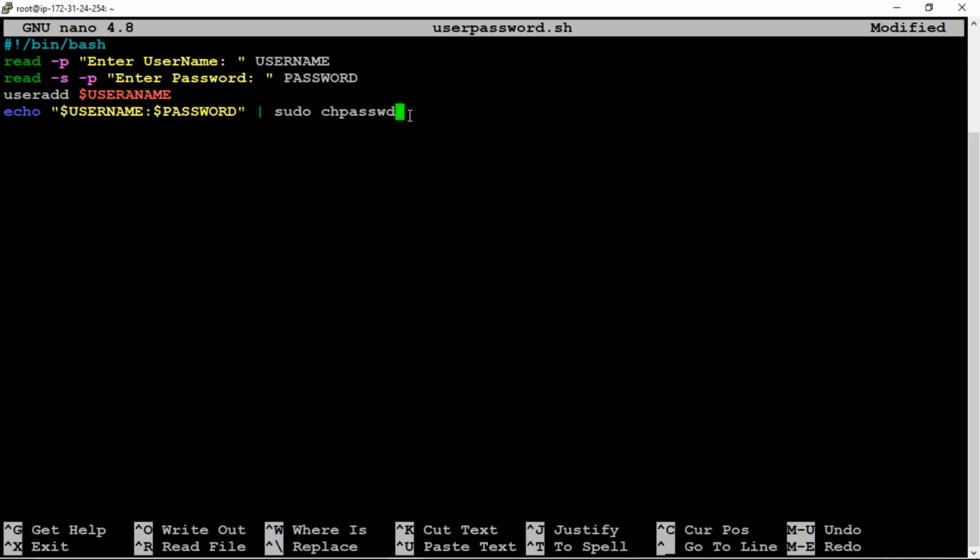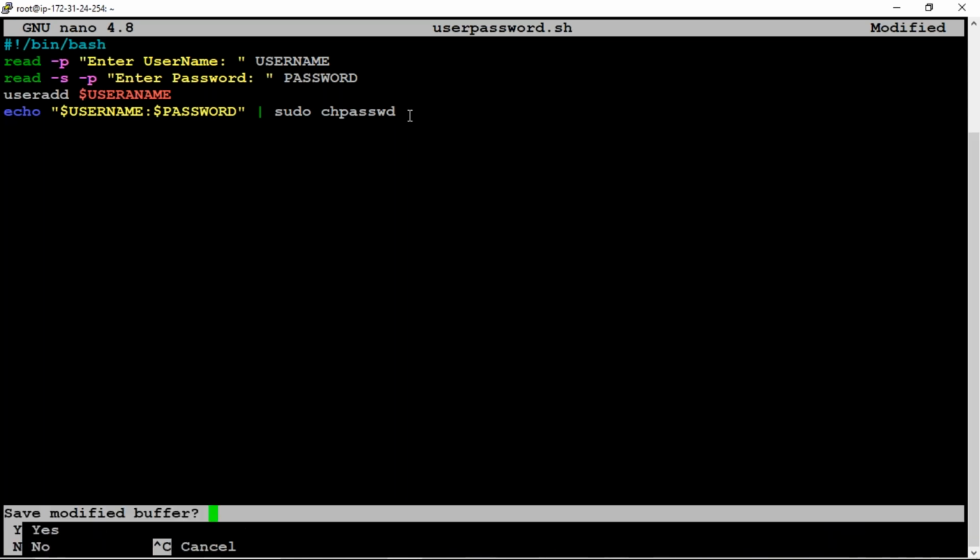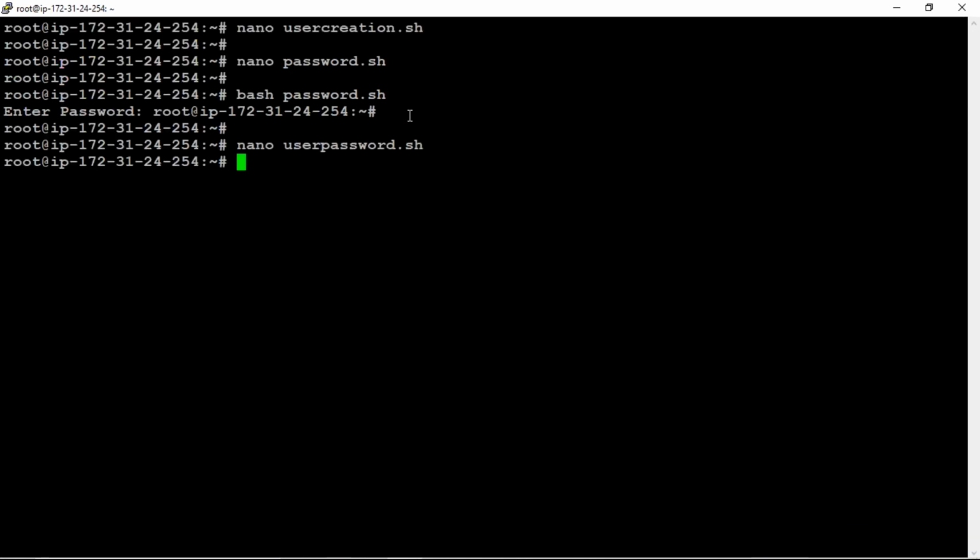Got this code? Now try to execute that one. Save that file. And I'm just changing the permission, chmod 777 user pass. In real-time scenarios it is always better to use these permissions.